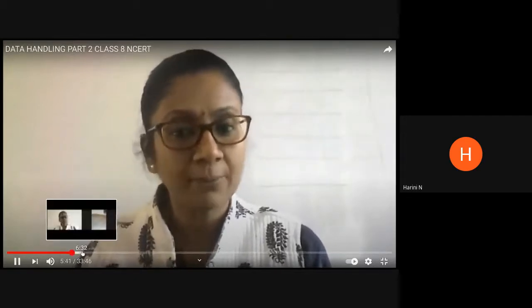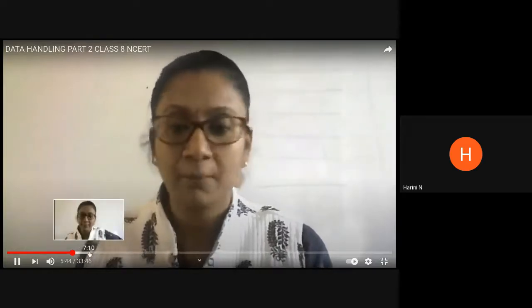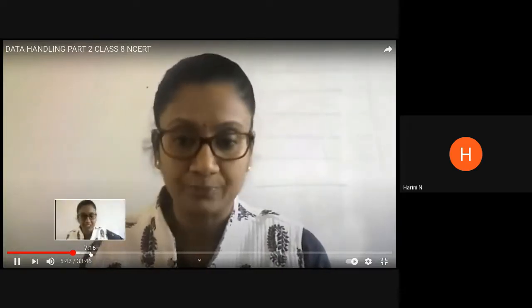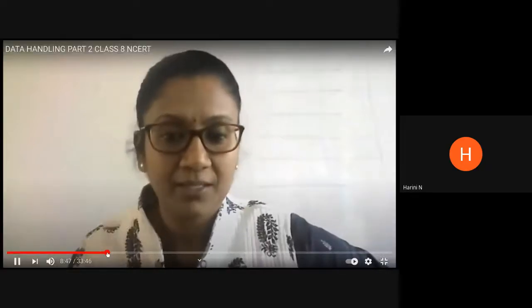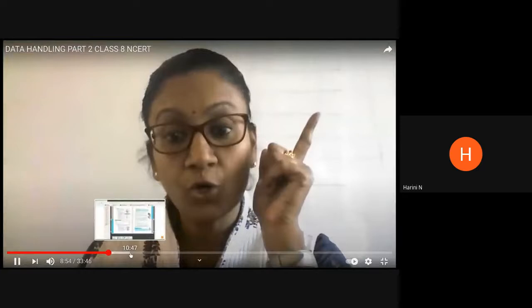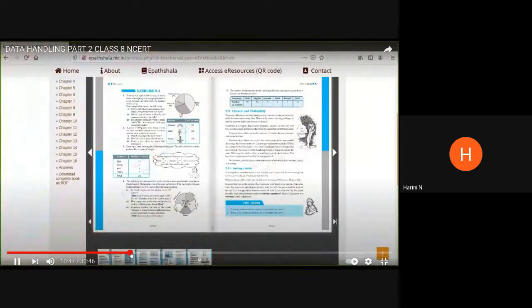So the objective type may contain a few MCQs, but all of them need not be MCQs. This is very similar to what I can ask in practical geometry also as a theory question: the five different measurements which are absolutely required to construct a quadrilateral. Now look at the chart and tell me what kind of music is liked by the maximum number of people? Light music. How did you suddenly tell this answer to me? Ma'am, because most of the circle is